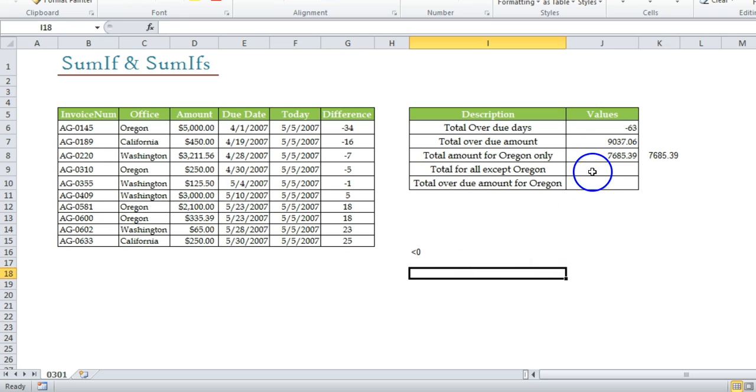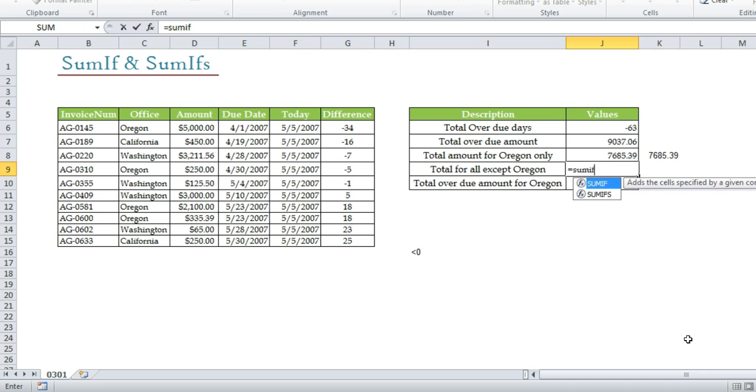First, we'll start with equal to, and then the name of the formula, which is SUMIF, tab. Now range, criteria, sum range. Criteria is basically not equal to Oregon. Where is that? That is in the range of column C, which is offices, and sum range is column D.